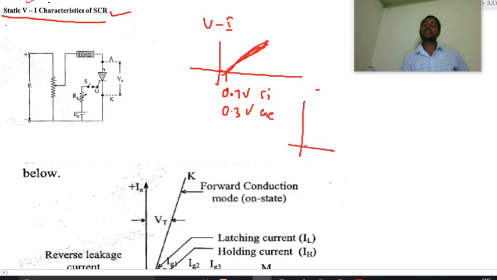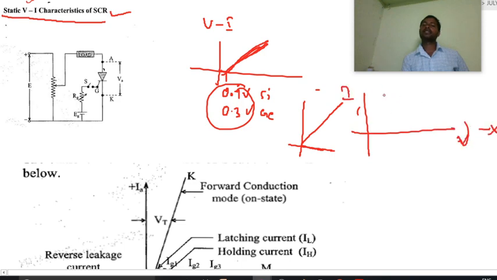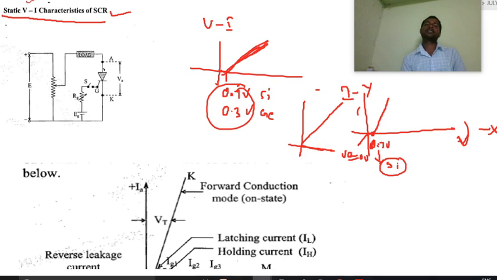After the cut-in voltage, the characteristics will be linear; if the cut-in voltage were 0, they would be linear from the start. V is taken on the x-axis and I on the y-axis. The cut-in voltage is the junction voltage or barrier potential of the diode, 0.7 volts, because silicon is the most commonly used material. At V equal to 0 volts, after applying voltage, the diode turns on and the characteristics will be like this. These are the VI characteristics of a diode.